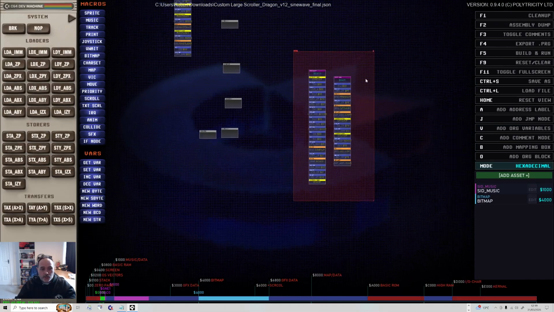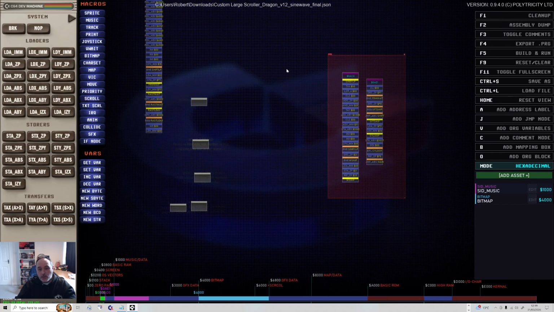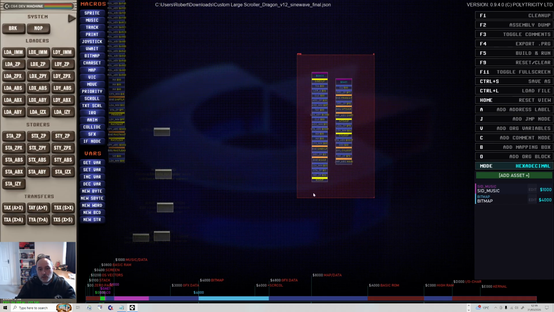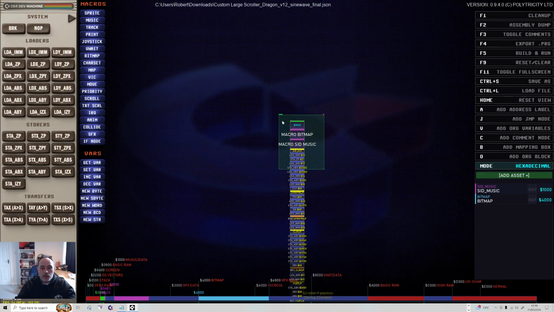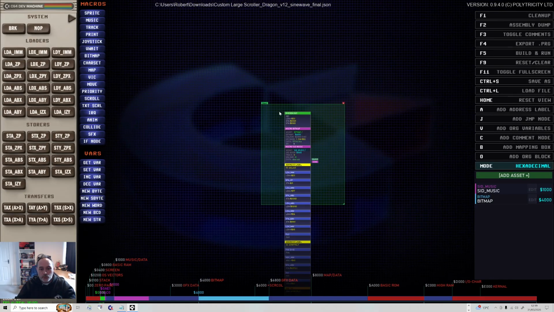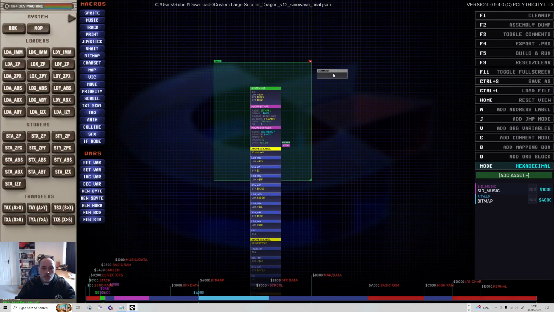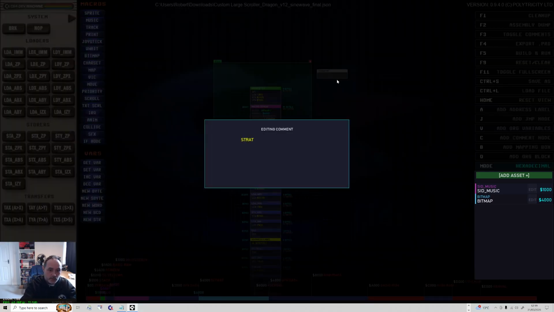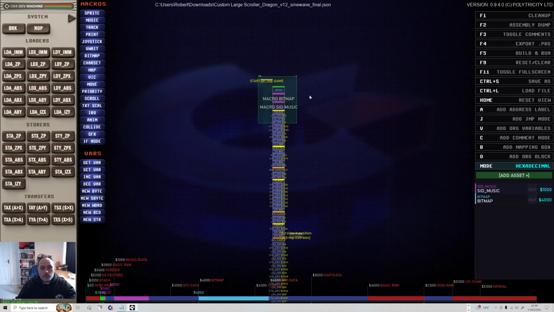So I'm adding a lot of convenience to this, and if you did want to move these around, you can do that as well, right? It contains any of the org blocks. You can't move the init stuff around, right? Nothing in it will move. You just move this little header here. And of course, you can put a comment in and say, you know, start of the game. Right, just pop that there, and as you zoom out, you can see